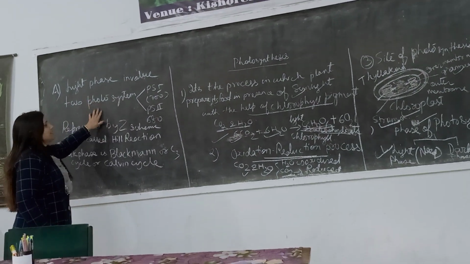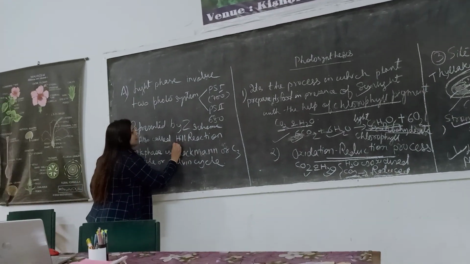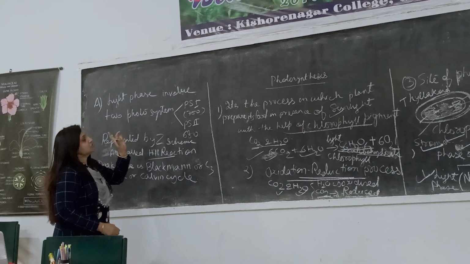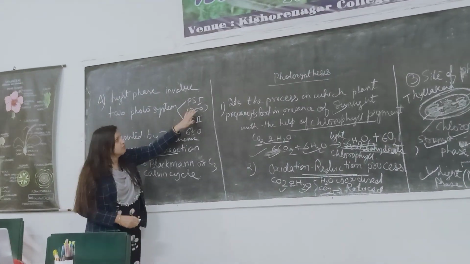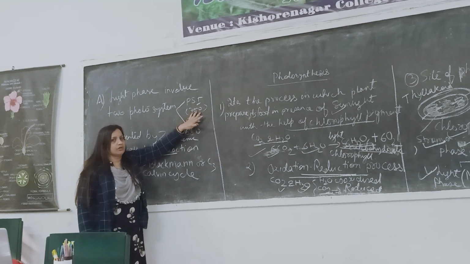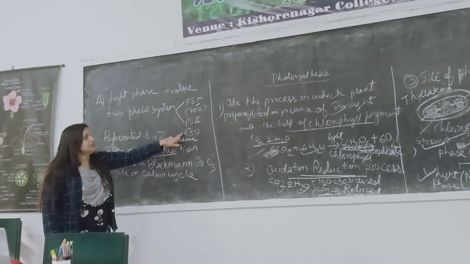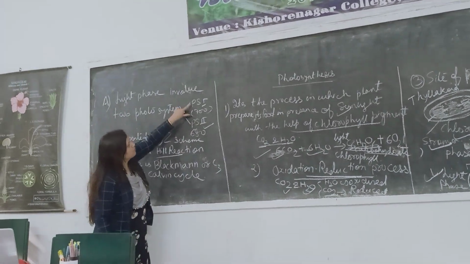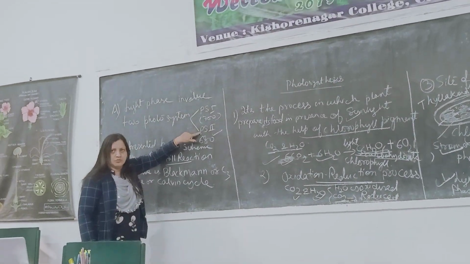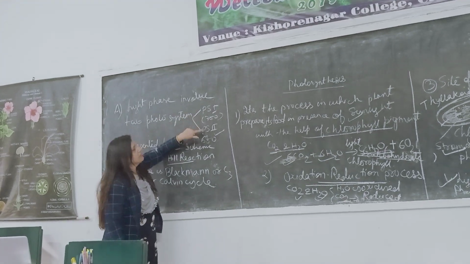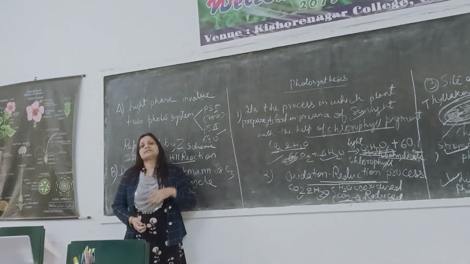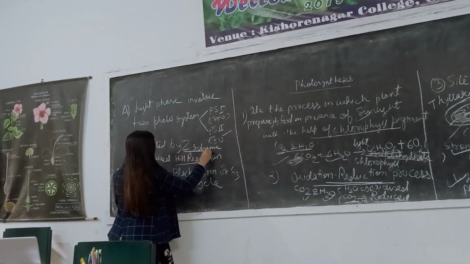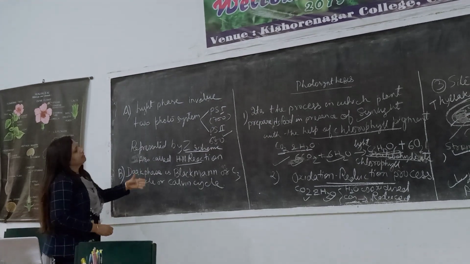So who discovered this light phase? It was discovered by Hill, and its name is the Hill reaction. This light phase has two photosystems. One is called PS1, which has a wavelength of 700, a longer wavelength. PS2 is 680, a shorter wavelength. In both these pigment system 1 and pigment system 2 molecules, the light comes and the excitation of electrons takes place. It is well described by Jansky, which can be explained further.